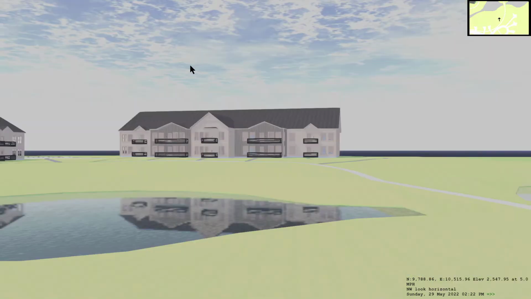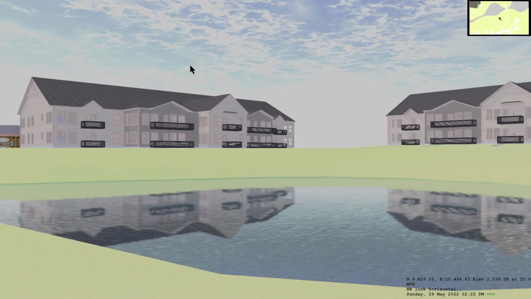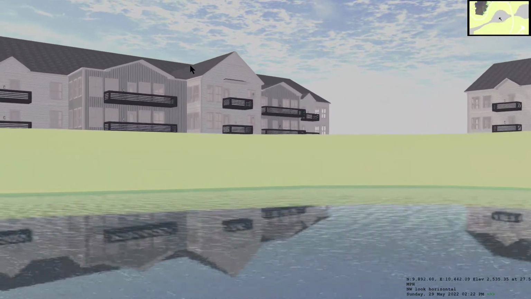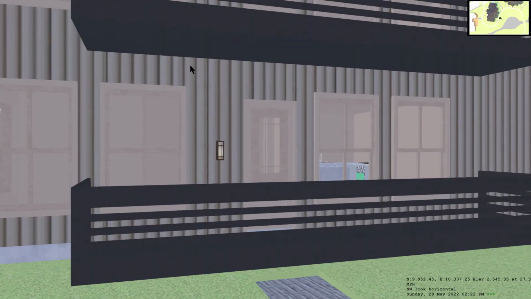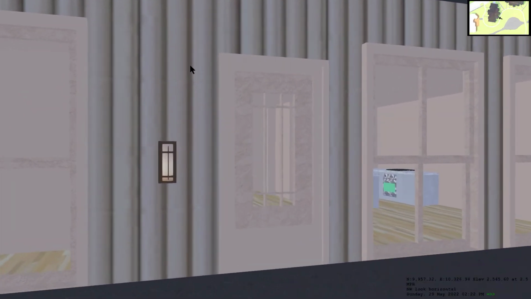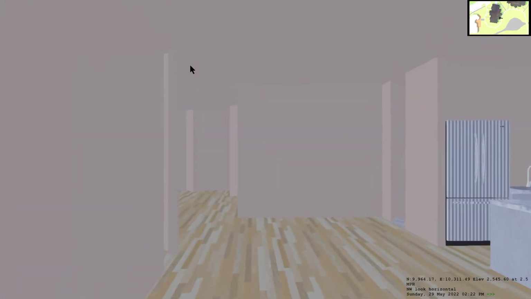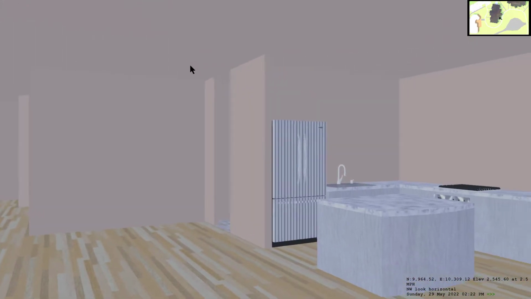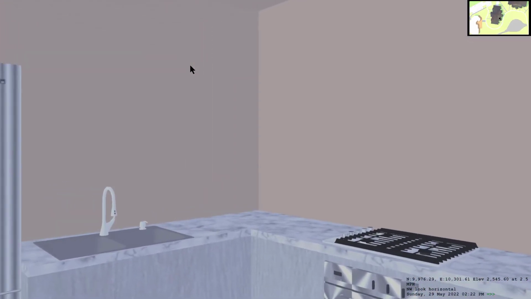If I hit G to go to ground level, and then I'm going to hit spacebar a few times to get close to that building, and then I'm going to move into the unit with shift spacebar to go slower. So I'm now looking at the display. I'm now at 2.5 miles an hour, which allows us to go slower, and then we could go inside the unit, and then once I'm inside, I could go into the kitchen, for example,